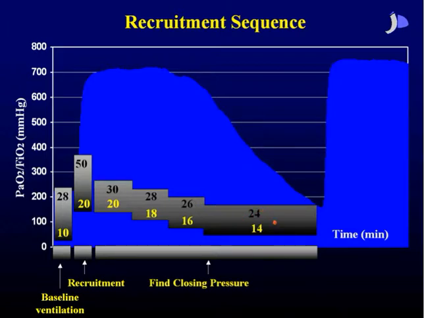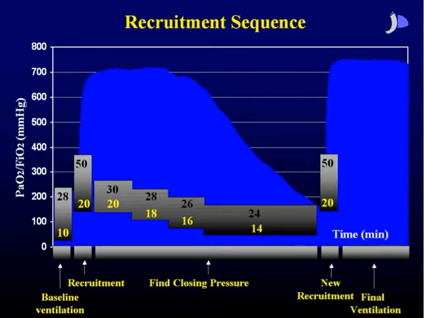So we took this value as the closing pressure of this particular lung after recruitment. The criterion for closing pressure was a fall in oxygenation from this plateau of more than 10%. Then we had to perform a new recruitment to regain this situation, again with the opening pressures applied at the beginning. And our final ventilation